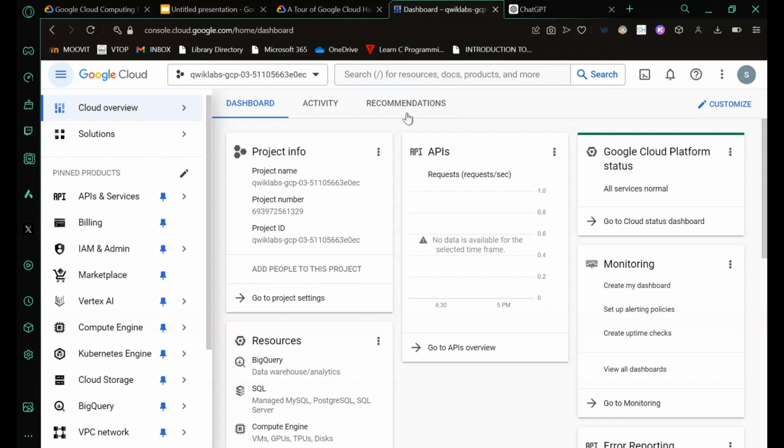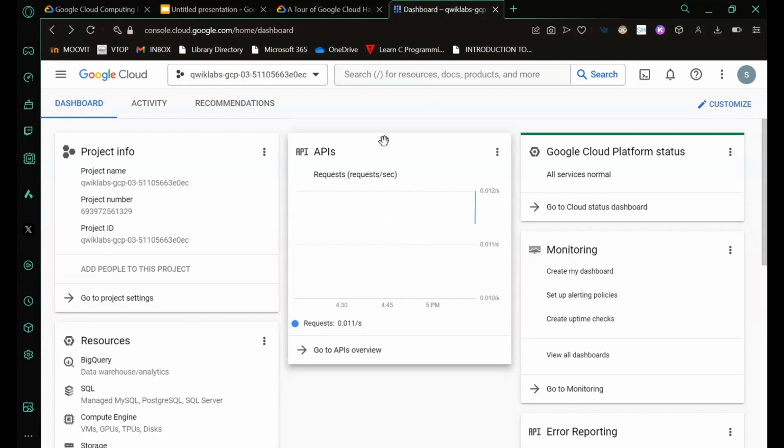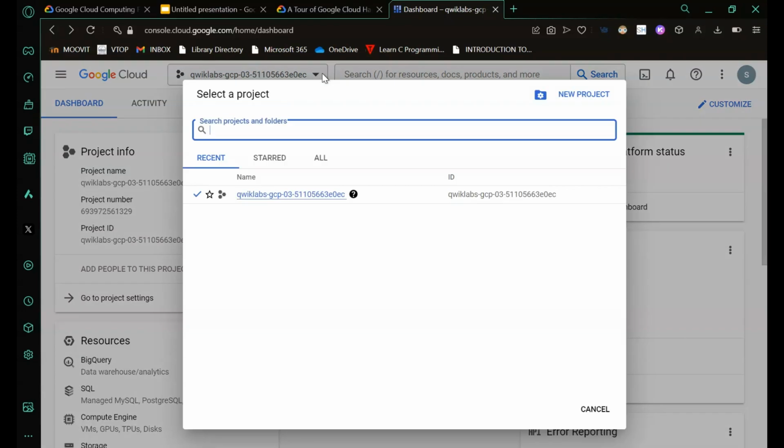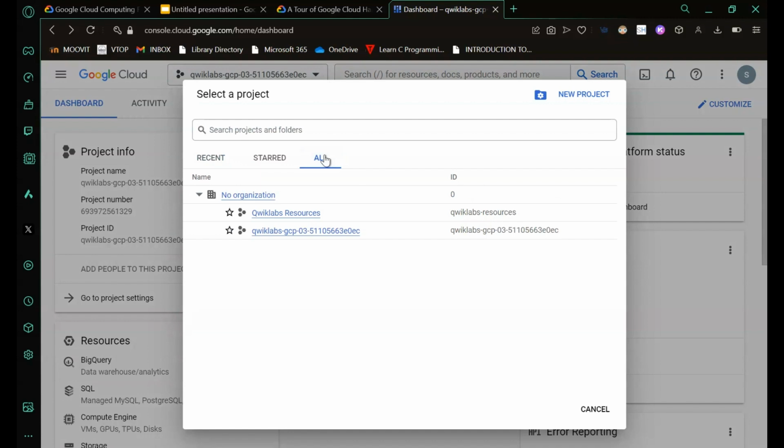Now there are a lot of options over here, and I don't want you to feel overwhelmed, as we'll be only learning the basics. You'll learn everything slowly with time. Now to access all the projects in your console, you have to go to this project name and open the drop down menu. Go to All, and here's how you can see all the projects in your console. The purpose behind this is that there are a lot of projects within an organization, and a lot of people might be working on them. That's why we have this feature in Google Cloud Console.